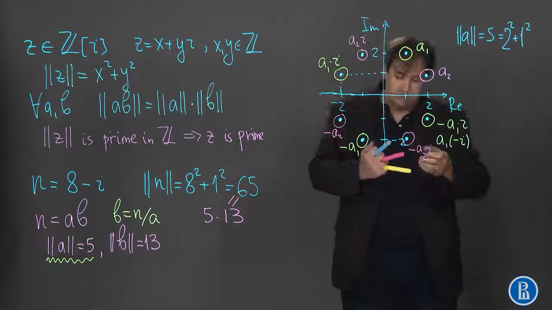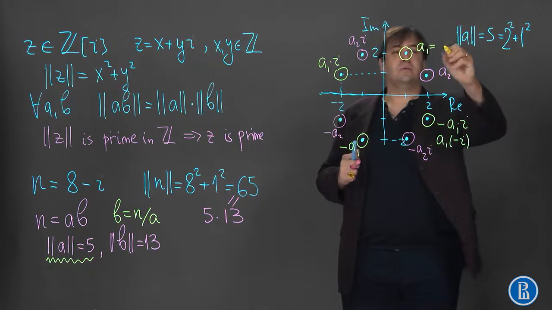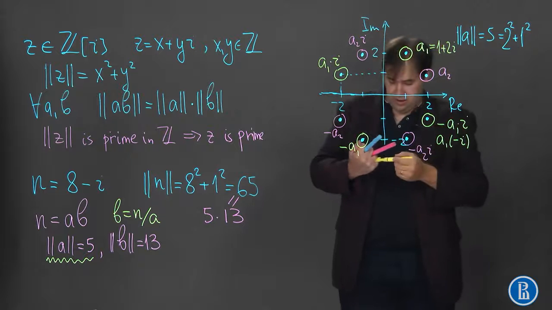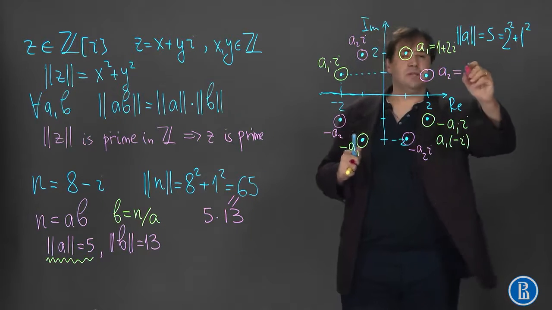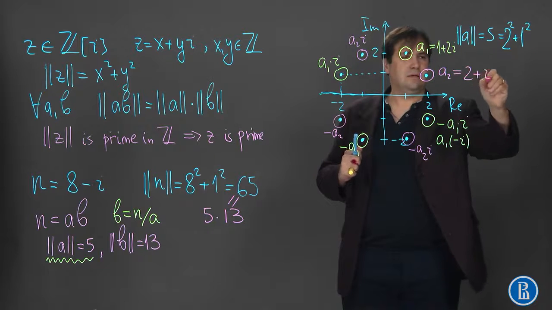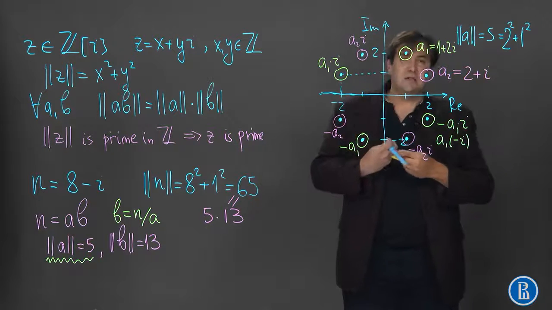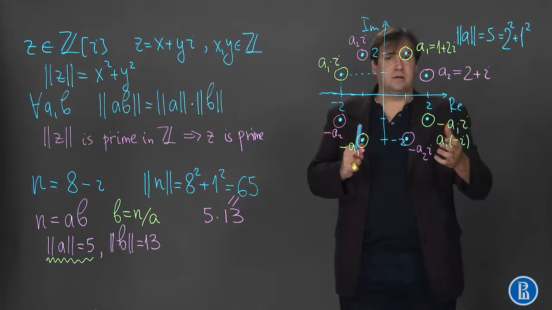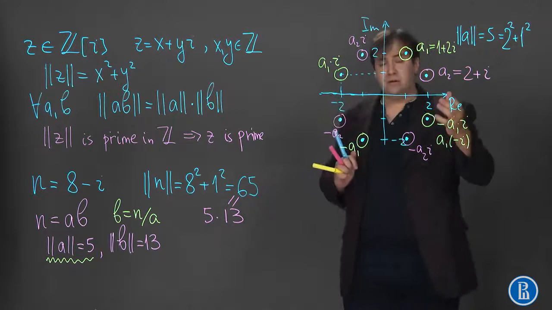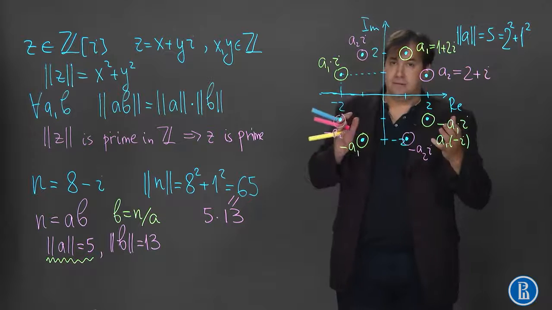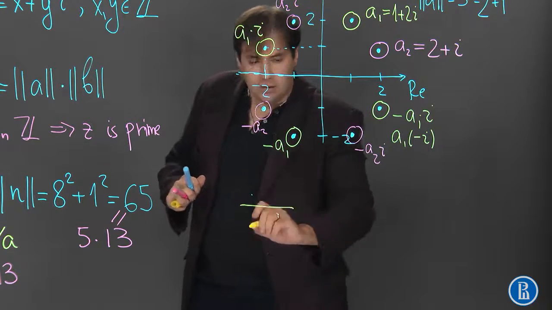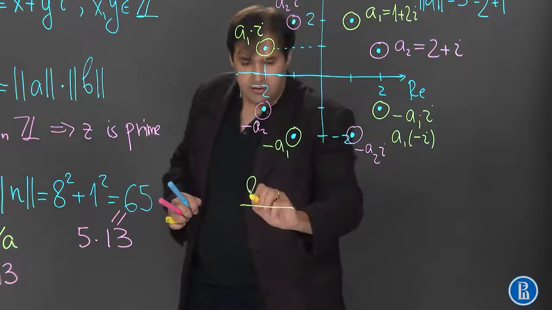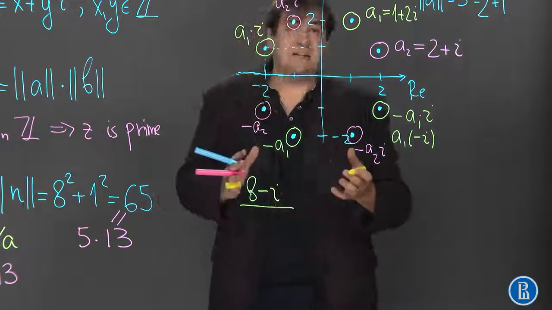So now let's take A1. It is equal to 1 plus 2i. This would be our first case, and our second case will be A2, which is equal to 2 plus i. And just try to divide n by A1 and then by A2 and see whether we get a complex integer or not. First case, A1. Well, n is equal to 8 minus i, and we simply divide it